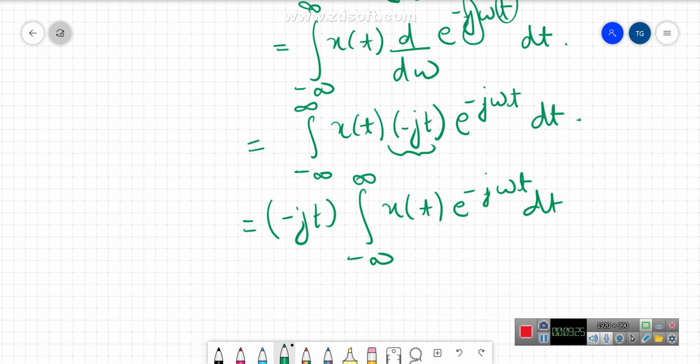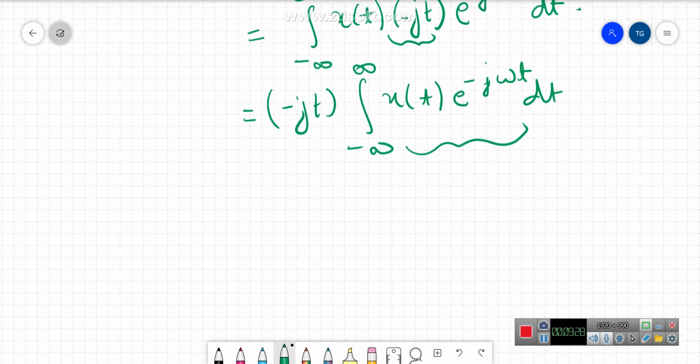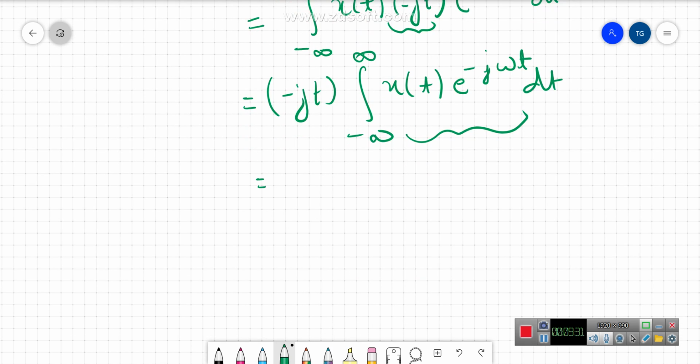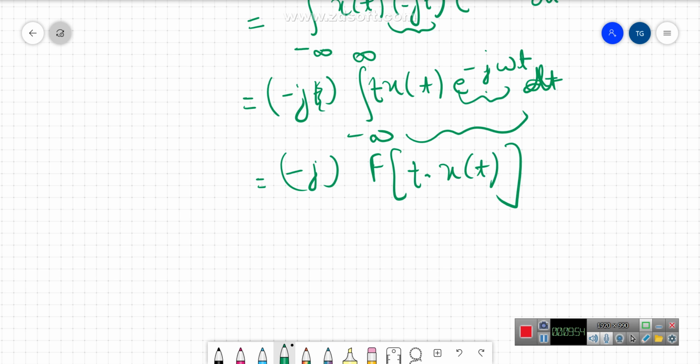So we know from the definition that this is the Fourier transform of x of t. So this is t here. T is a function of t, and it will be inside because this is getting integrated with respect to t. So we can write it as minus j Fourier transform of t into x of t, because whatever is here is my Fourier transform operator, and whatever t functions are here, we have to write as they are. So we are writing it like this.